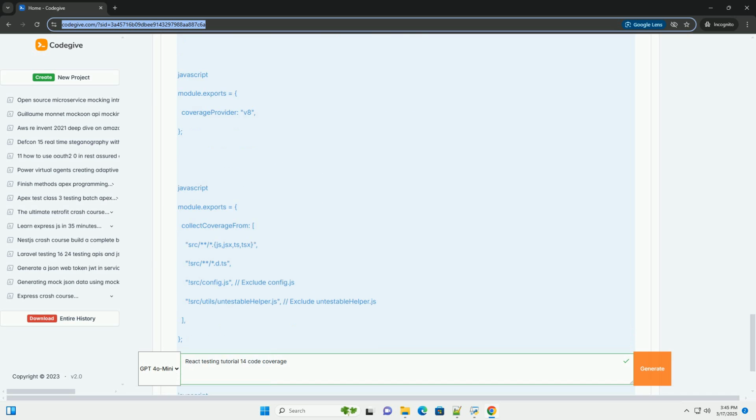10. Code coverage in CI/CD pipelines. Code coverage is especially valuable when integrated into your continuous integration/continuous delivery (CI/CD) pipelines. You can generate coverage reports: configure your CI/CD system to run Jest with coverage enabled during each build. Enforce coverage thresholds: use the coverageThreshold option in jest.config.js to fail the build if the coverage falls below a certain level. Publish coverage reports: store and display the coverage reports in your CI/CD system or in a